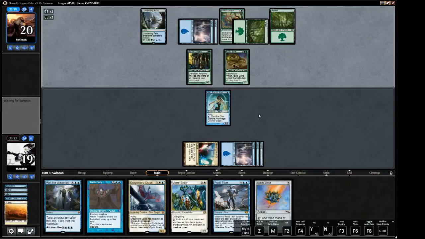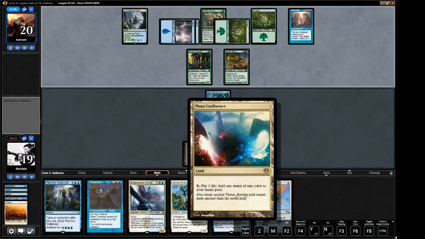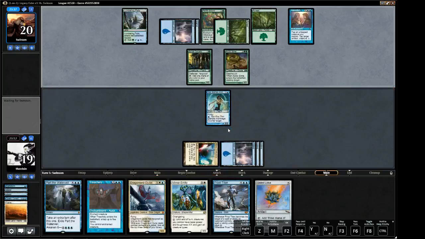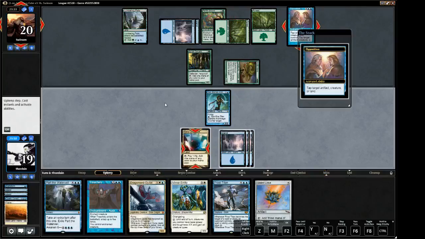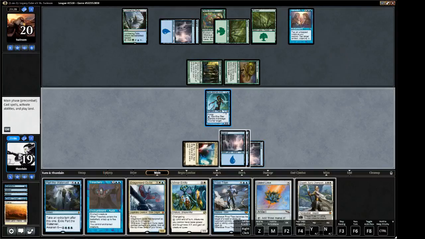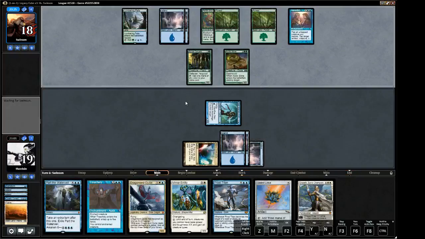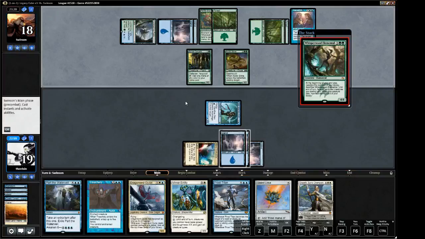So if you play something really big, then oh, Opposition. That is going to be really problematic for us. I don't know if we have a good way to beat this. Yeah, that's going to be very tough for us to beat. Okay, well, I'll just attack. Whisperwood, okay, that's gonna